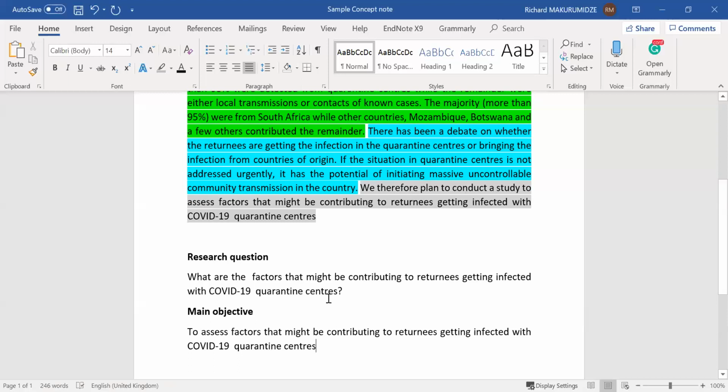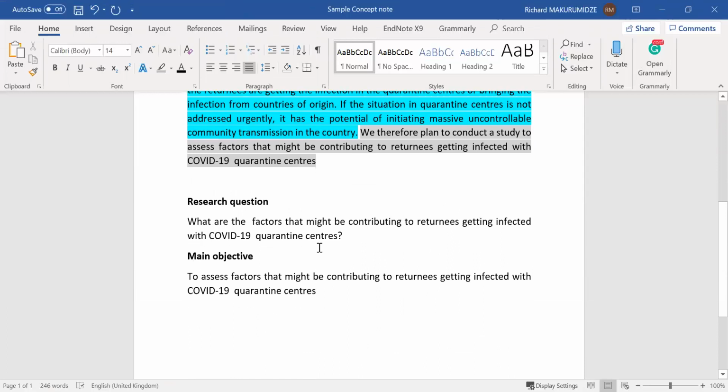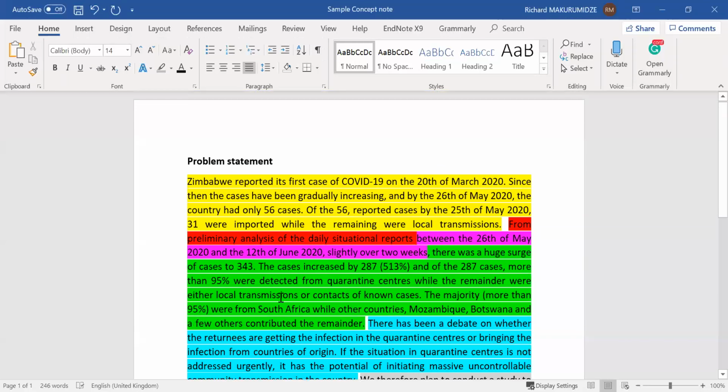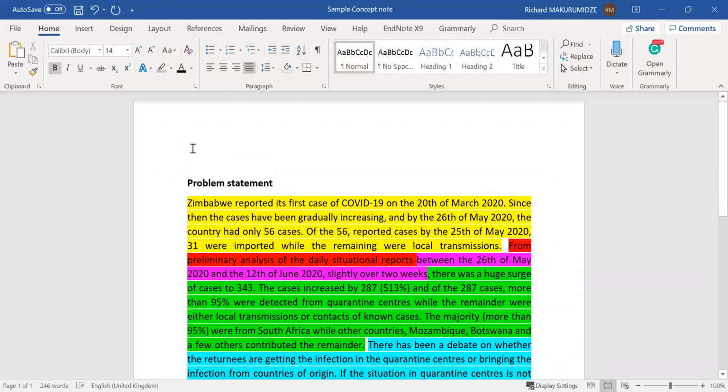I've seen people confusing these things, where here you are writing something, and here you are writing something else. They should go hand in hand. And then from there, you can formulate your title. It depends how you want to put the title. One of the problems which I realize with students is that they always think